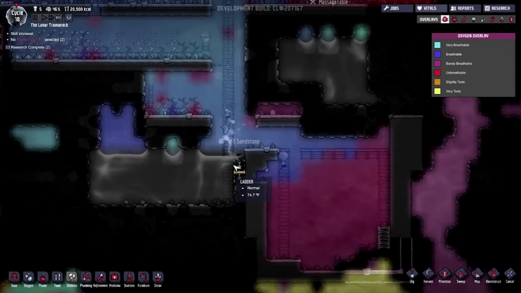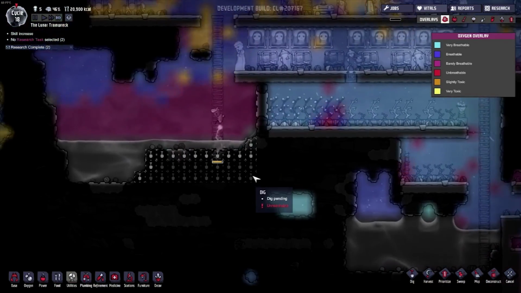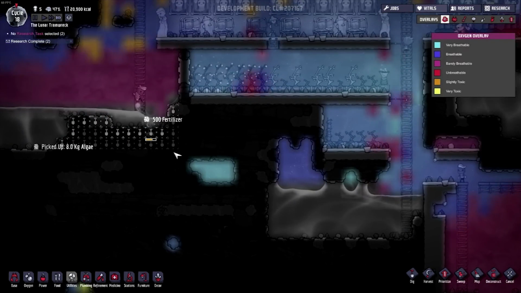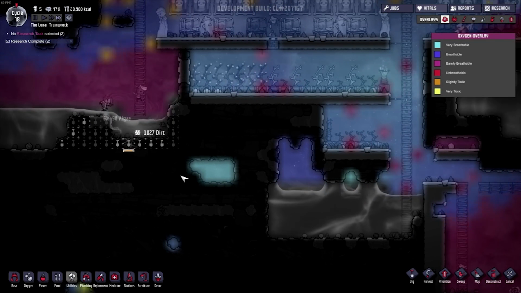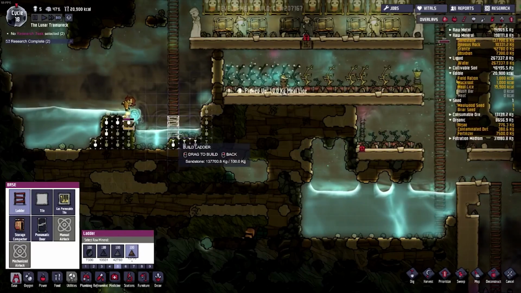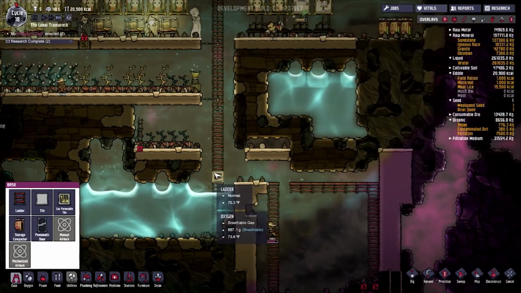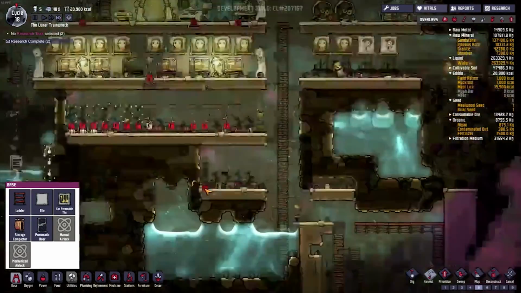Let's go, gentlemen. And we'll take... This is not ideal. So we'll probably just plug out of here. I might not get all the water out of here, which kind of stinks, but we'll get there. Just got to make sure I got algae coming. Got tons of food to pick up. That should be a good...